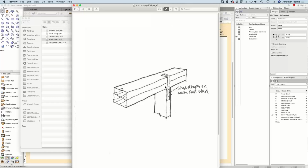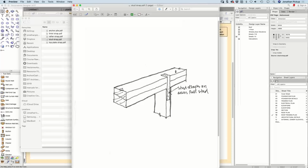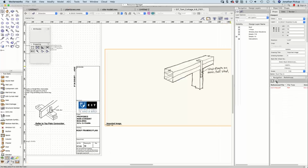And I think I can draw red lines on it. Can I? Pink. That one. And I'm going to wiggly line that one. Now when I save that and I go back to my Vectorworks, that's my imported image there. You should notice that this is my referencing. If I update,